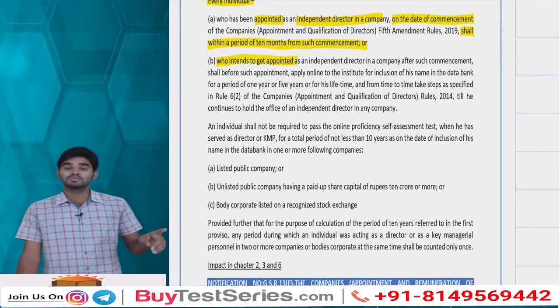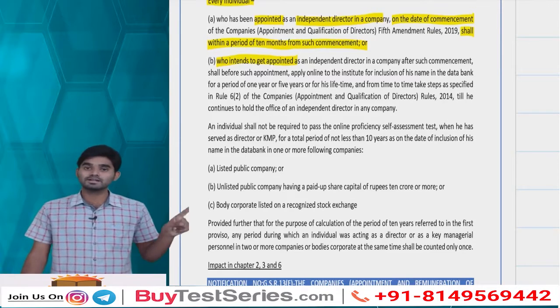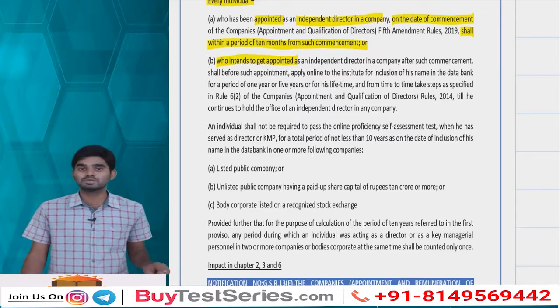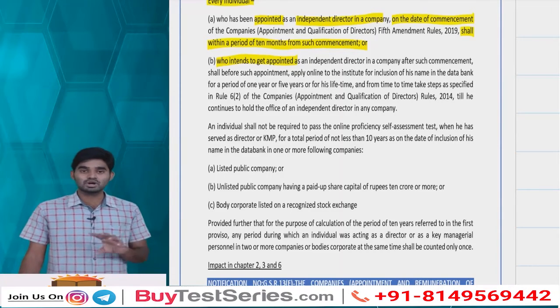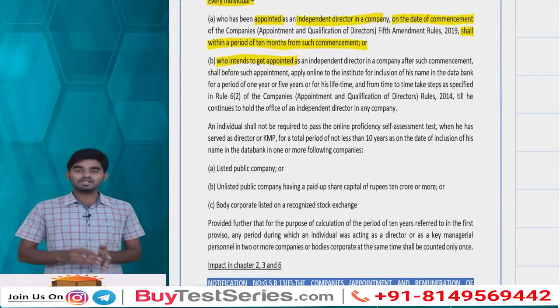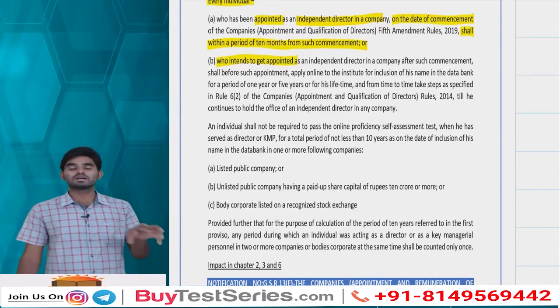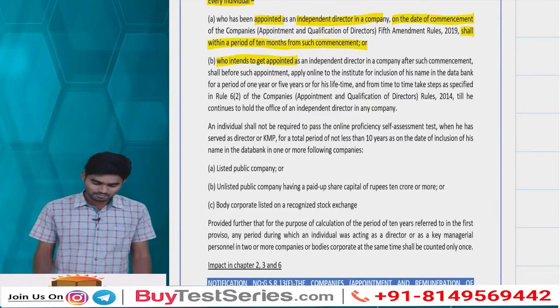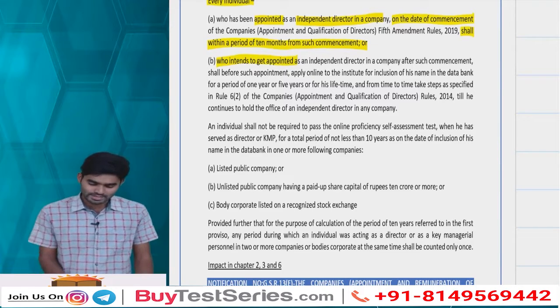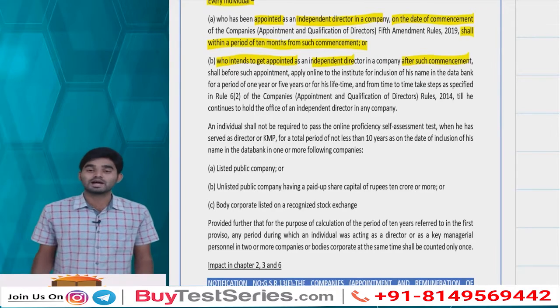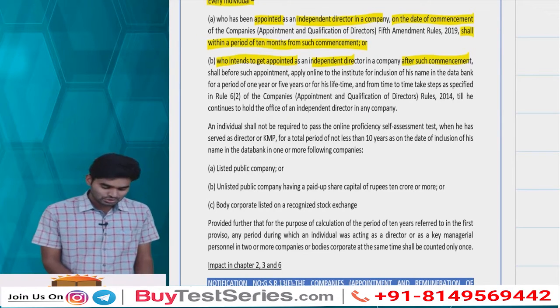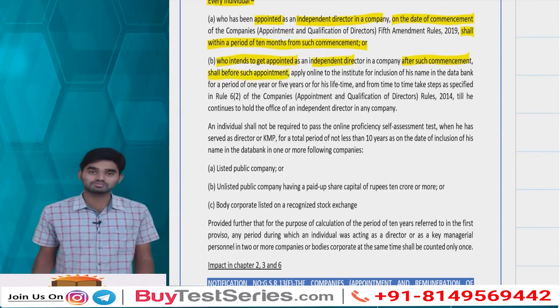the first one was, he was already an independent director in a company as on the date of this particular rule. The second one is not yet appointed, but after the date of these rules, he may be appointed on a future date. He intends to get appointed as an independent director. Then, who intends to get appointed as an independent director in a company after such commencement, shall before such appointment,